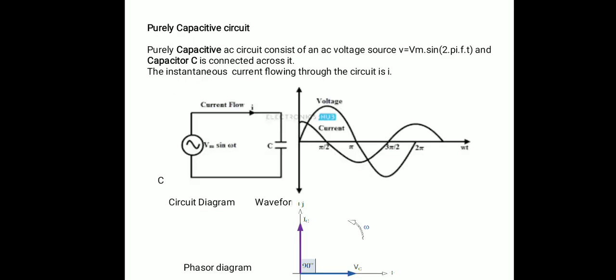So if you summarize everything from first, in a circuit diagram there is only one component, which is the capacitor. That's why it is called a purely capacitive circuit. If you see the voltage and current waveform, current leads voltage by pi by 2 radian. If you see the phasor diagram, phasor of voltage is plotted on x-axis. That's why phasor of current is plotted on y-axis, because Ic leads voltage by 90 degree. The voltage equation and current equation show that current leads voltage by 90 degree.